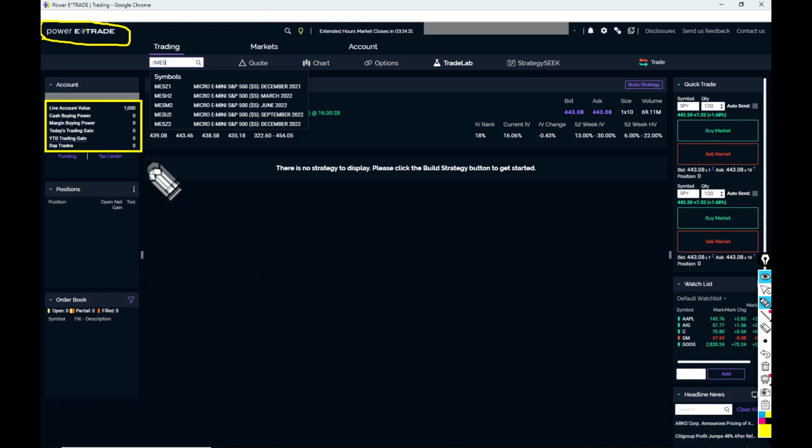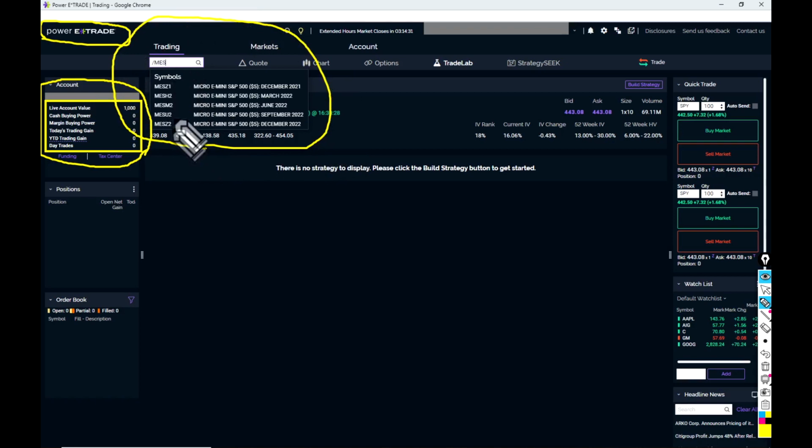Over here you notice I already have a deposit of $1,000. We're going to see how this goes. This was just opened up today, so I'm still waiting for the funding to come through, and there's some data that needs to be approved. Once the funding gets approved and comes through from the old bank account, they'll turn the data on for me. So there's a few steps I have to go through first before actually making any trades. You'll notice that just like on the TD Ameritrade TOS platform, E-Trade also does futures,